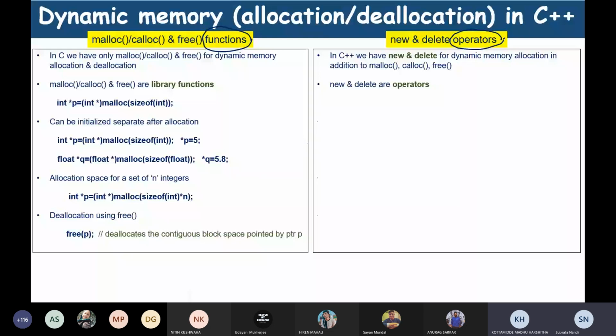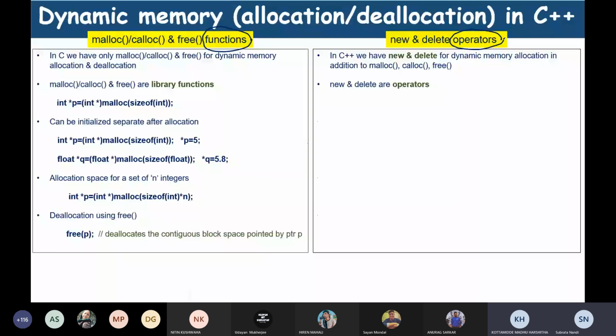Operators are usually symbols from the keyboard, like plus, minus, arrow, shift, question mark, and so on. But new and delete, although they look like keywords, are actually operators. That seems strange for the first time, how this can be an operator, but these are operators. We'll come to the advantage of that,